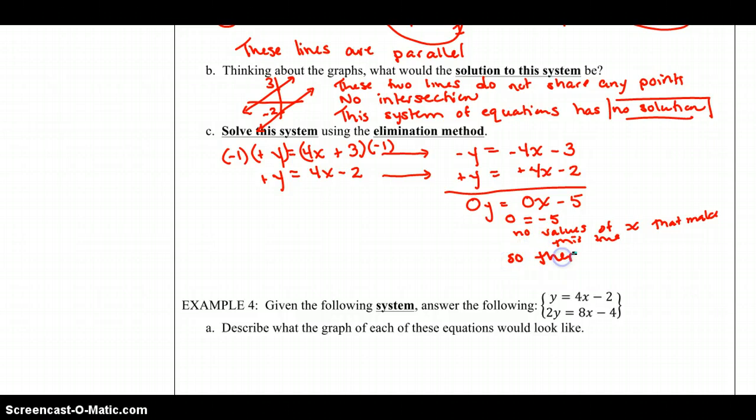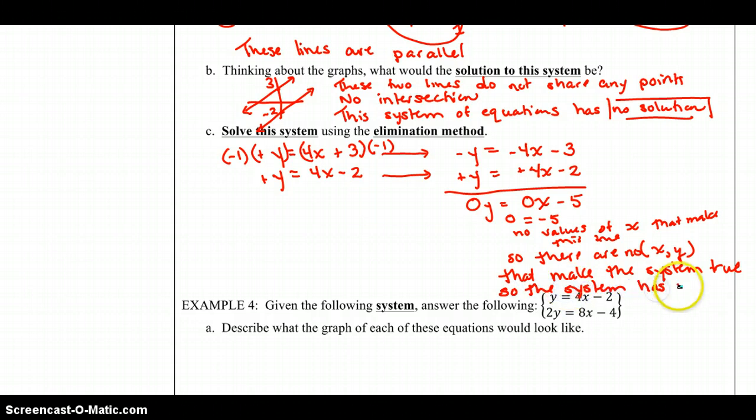So there can't be an ordered pair. If we can't even find the x, we can't find the ordered pair. So there are no ordered pairs that make the system true. So the system